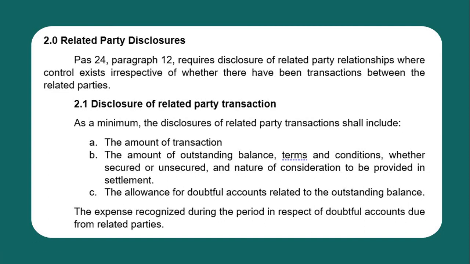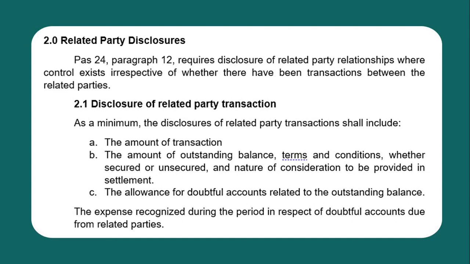Okay? If associate ba siya, if parent ba siya or subsidiary, or if key management personnel ba siya, there must be disclosure regardless of whether there have been transactions between the related parties. So, ang basic disclosure ani is i-disclose nato if there are related party relationships. And then, secondary, pag naay mga transactions between the related parties, then additional disclosures will be included. So, moto siya, no? If there's an existing related party relationship, kailangan jud na ay disclosure. Now, again, if naay mga transactions, then additional disclosure will be made.